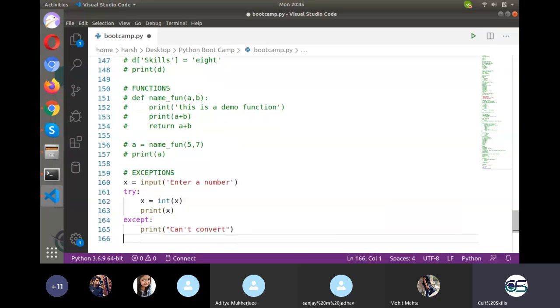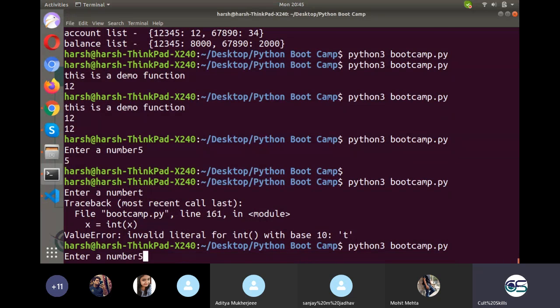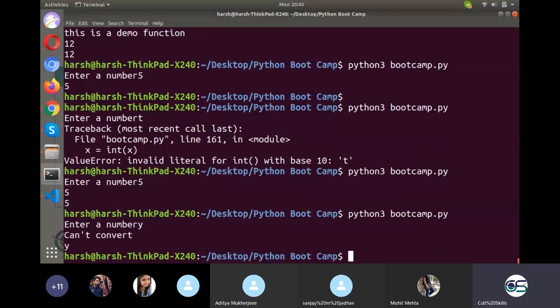And then there is one more thing, finally. With finally we can go with the flow of other things like print x directly. So I said enter a number, I gave 5, it converted. I said t, it cannot convert, and at the last it printed.